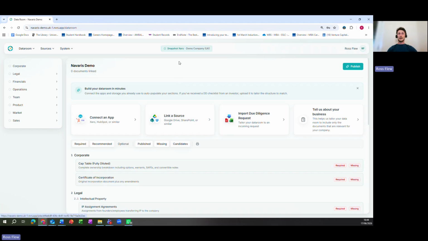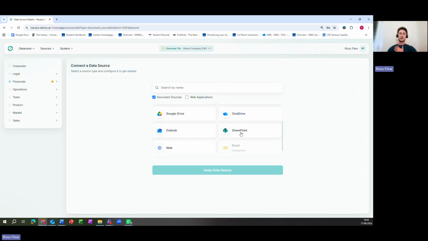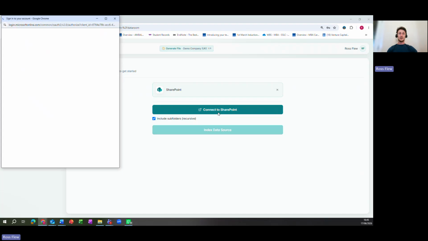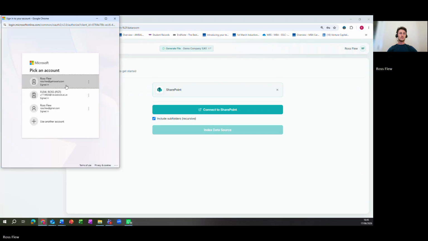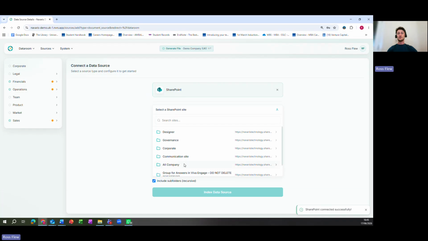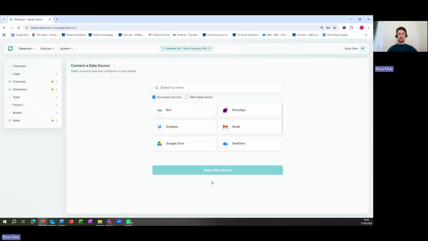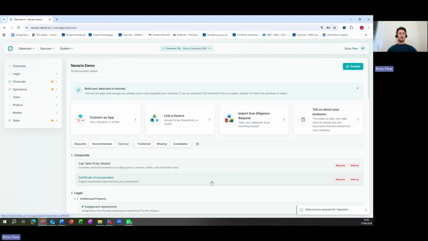We can also now link a source. So whatever your document store is, emails, SharePoint, OneDrive, whatever it might be. I'll do our SharePoint. Again, it'll have an approval sign-in that you need to go through. You just need to select and log into your Microsoft account and then choose the folder that you would use. So in this one, let me use corporate because we've got some sort of files here that show you how